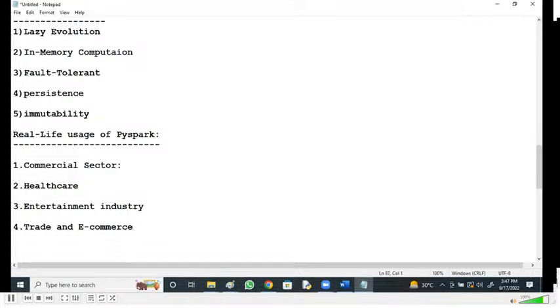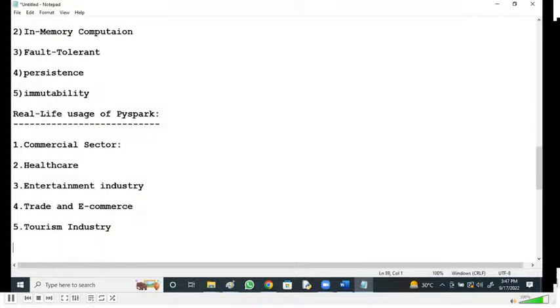Apart from this, tourism. The tourism industry also widely uses Apache Spark to provide advice to millions of travelers by comparing hundreds of tourism websites.